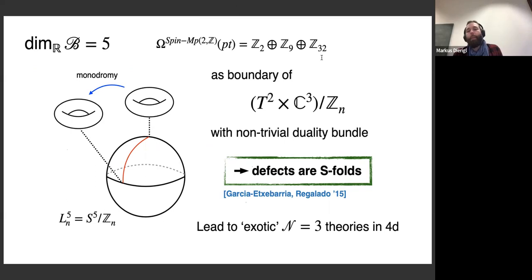So essentially what it is, it's a refinement of the order of the element that you mod out by here. So basically you can think about it as, how many of those S-folds do I have to stack on top of each other such that they combine into some trivial monodromy structure, in a sense? That it's C9 and not C3, which would come essentially from the MP to Z, is associated to the fact that you have more topological information. So a good way to think about it is